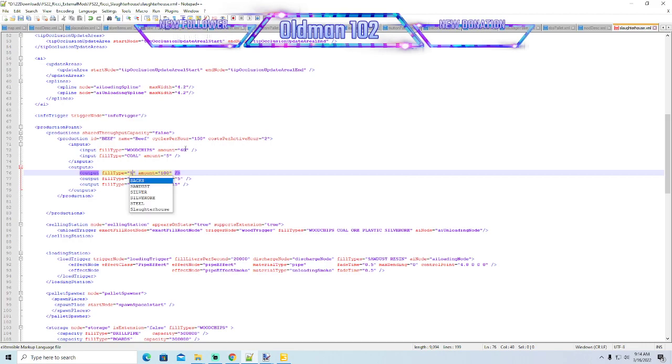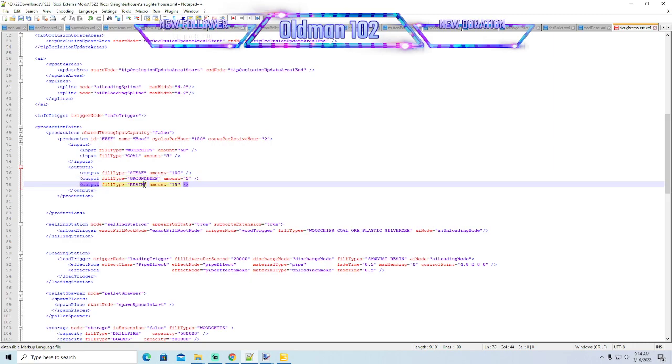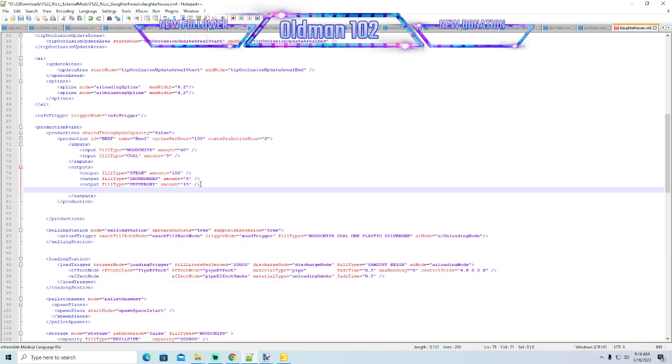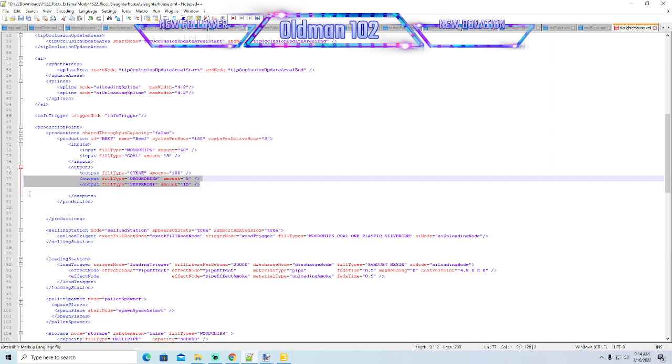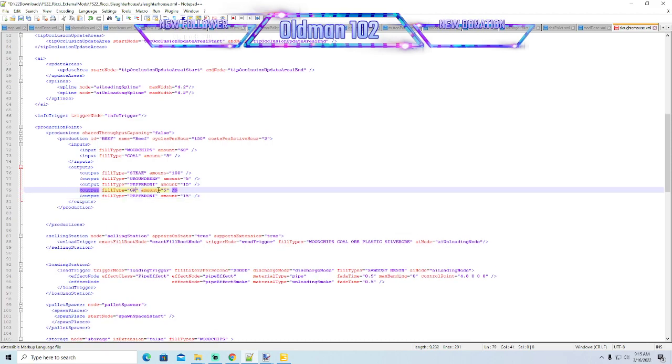So we are going to make steak. And we'll change our amounts up after we get all of our inputs and outputs in. We're going to make ground beef. Pepperoni. I need 2 more fill types. So steak, pepperoni, ground beef, leather,